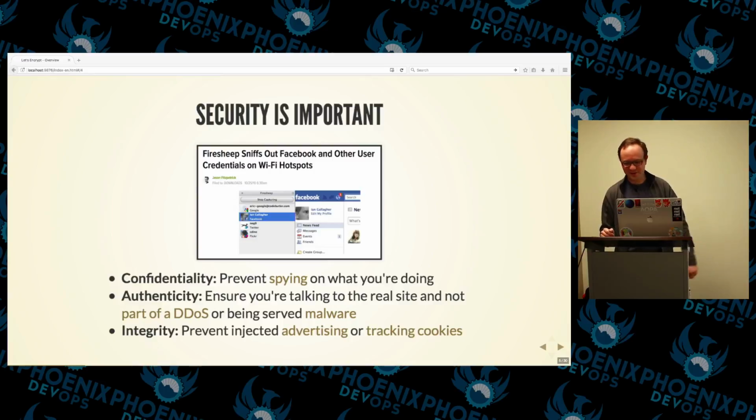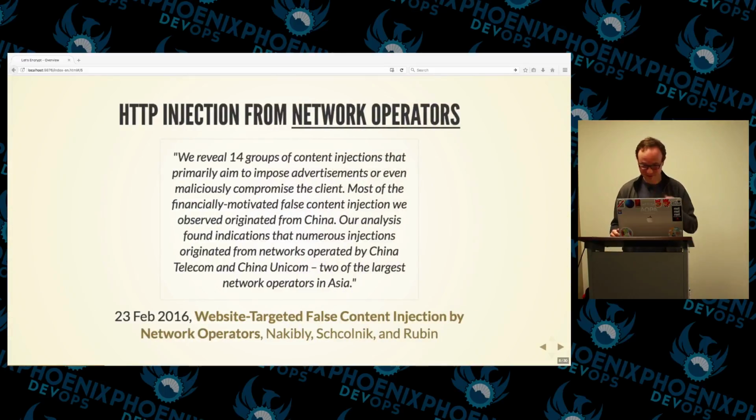Also on the economic front, internet service providers, maybe not in the United States, where we're in a privileged position, have been known to do things like mass replace advertisements on the web from ad networks in, say, the West with their own. They're just modifying the HTTP content as it flies across the wire. And this is happening quite a lot in India and China. There was a paper last February that identified 14 major ISPs in China and India that were doing this with practically every ad network everywhere.